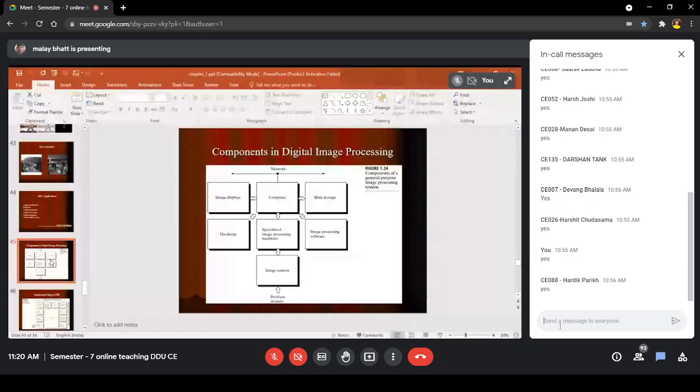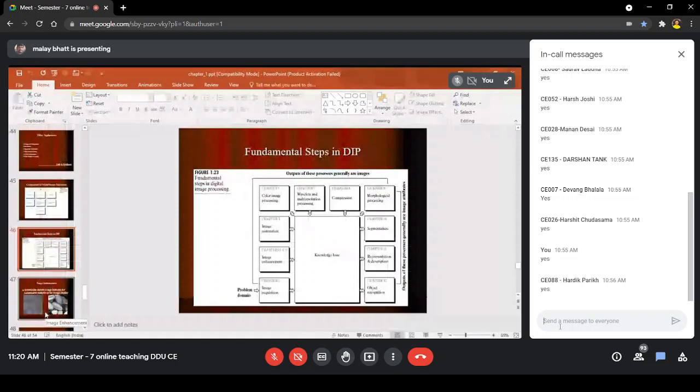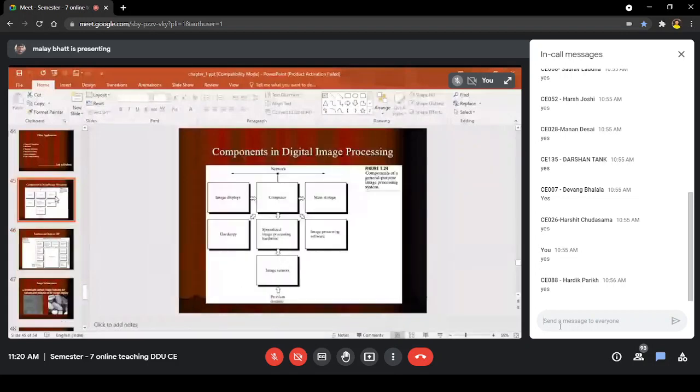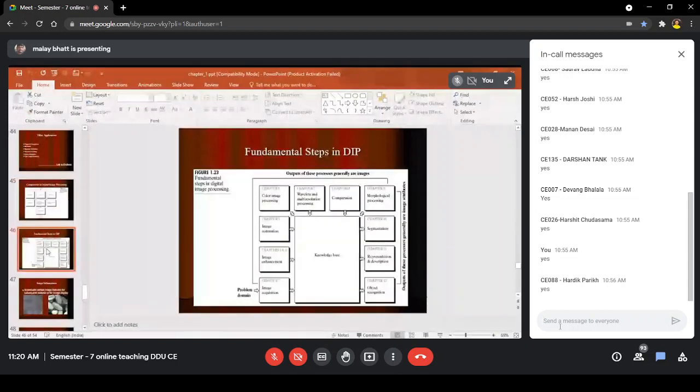Now the next thing is the fundamental steps in digital image processing. So these are two different things. Don't mix these two. The first one was components in digital image processing, which are the essential components to perform digital image processing. The next one is fundamental steps in digital image processing. The first is, from the given problem domain, you will acquire the image.